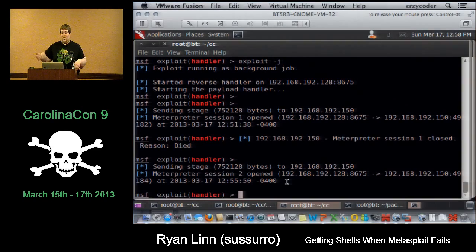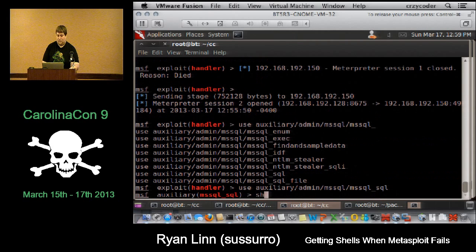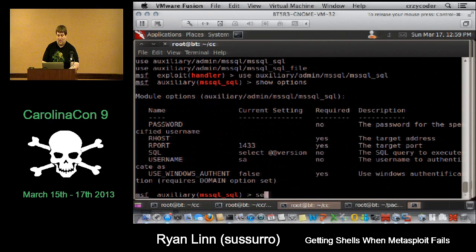Since this is sort of talking a little bit about Metasploit, one of the things that Metasploit has in it is the MS SQL client. So we're going to assume that we have gotten somebody to give us a password through Responder for SQL, and so we now have a password to the database. Like I said, this would also work over SQL injection, so this will work in a number of different ways. So we're going to use the aux admin MS SQL SQL command. And so we are going to set our host to